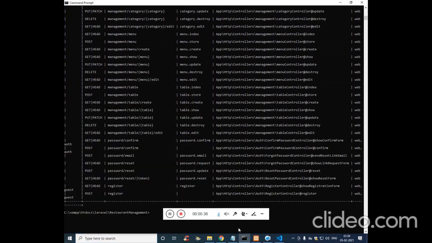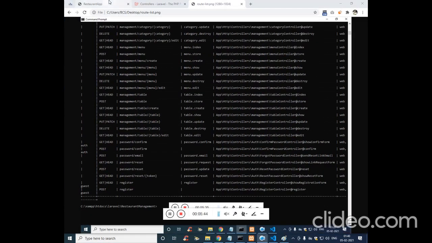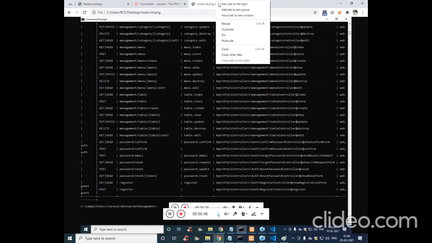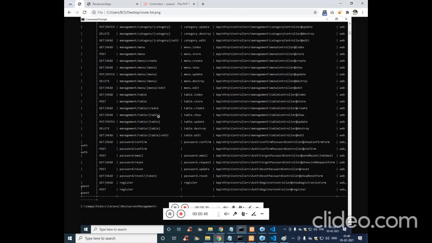Now the first thing, to show the page, we have to get into the function called index, and the relevant URL is management/table. So when we search management/table on the URL, the relevant function takes care of the work. So let's close this paint, we don't need it anymore. So the controller, here the work is going to be very similar